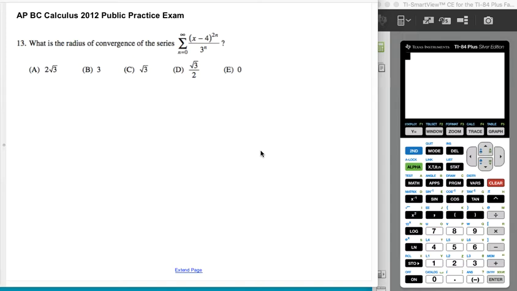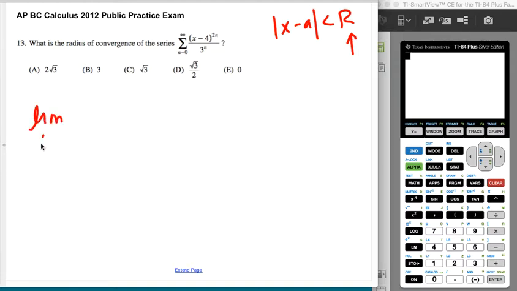All right, we are asked to find the radius of convergence for the series, so that's definitely the ratio test, right? That means that our end game is to have something that looks like this: |x - a| < r, and that r is my radius. So I'm going to go ahead and do the ratio test, the limit as n approaches infinity of the absolute